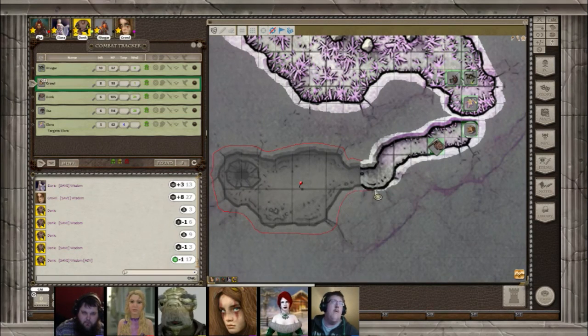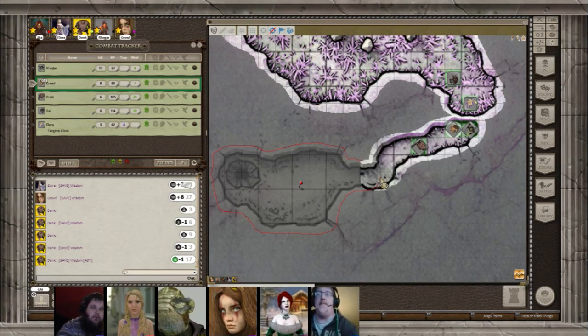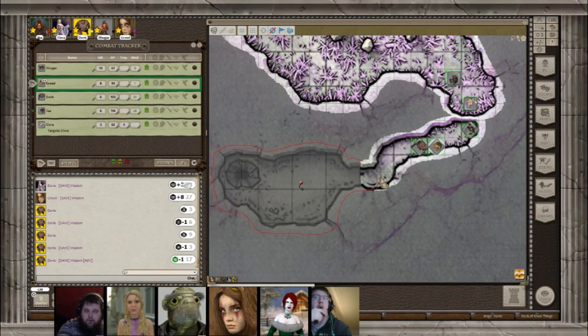Now that we're in this little adjacent corridor, Dave, I can see from the picture there's a lot fewer crystals. Yeah, correct. Does it feel a little bit different? You can actually feel a very cool draft of air as you start to move into the chamber a little bit more. Oh, excellent. Now, does it smell? Rogar, it smells wet and damp. Rogar, give me a wisdom saving throw. Excuse me. And also, Ilsa, you give me a wisdom saving throw, please. Is it bare and moist? It is a very cool, like